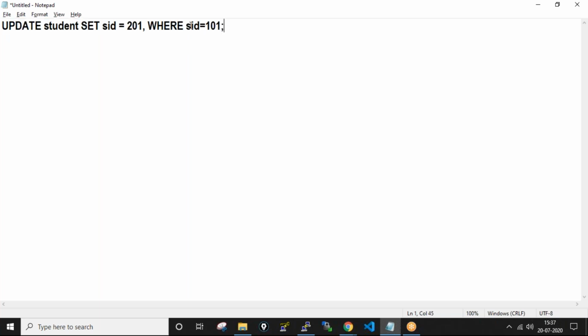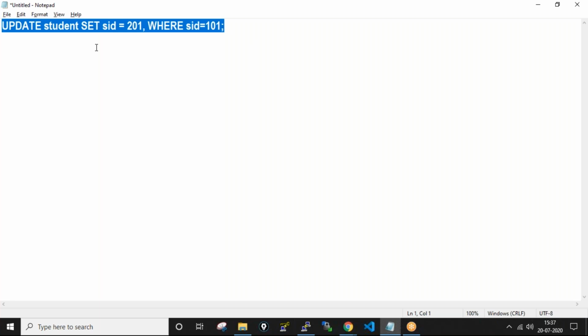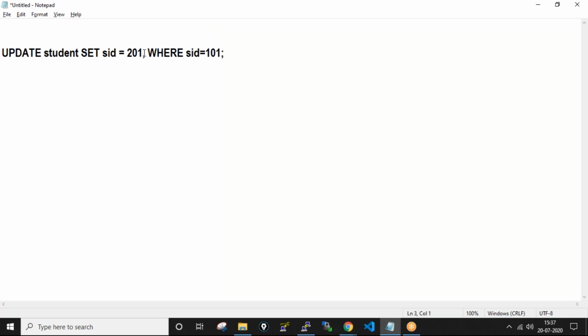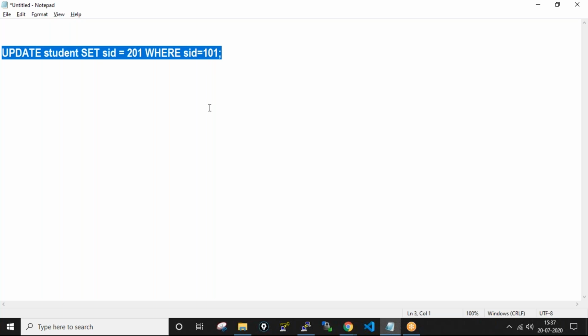Where column is equal to old value. Okay, shall I execute this one, ma'am? Yes, sir. Comma is not there. SID is equal to 201. So update student set SID equals to 201, where SID equals to 101. Yes, sir. This can be executed.